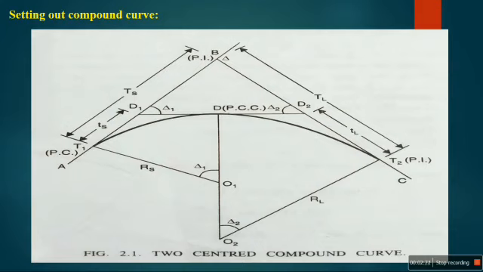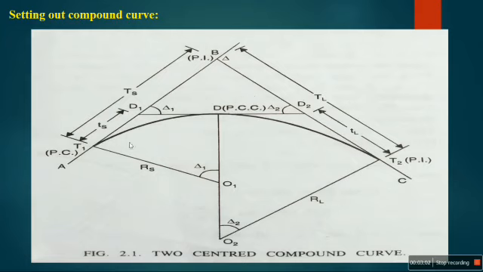After adjusting to 320 degrees, turn your telescope by using the lower clamp only, then bisect the T1 point. After exactly bisecting, tighten the lower clamp. In this position, there is no disturbance of the rotation of the telescope. Then loosen the telescope screw and rotate the telescope by 180 degrees. Initially the eyepiece is on this side. After rotating 180 degrees, the eyepiece should come here and the objective glass should come here.